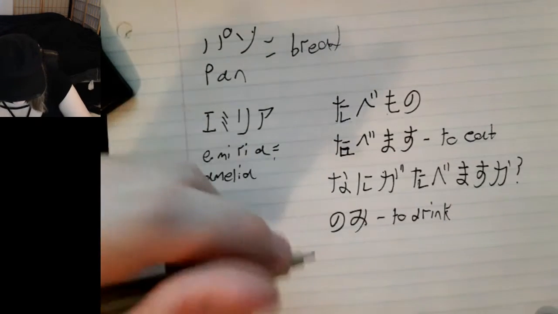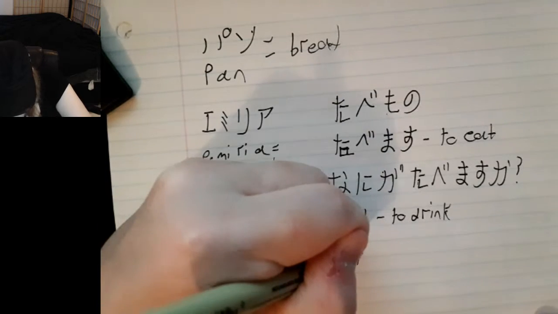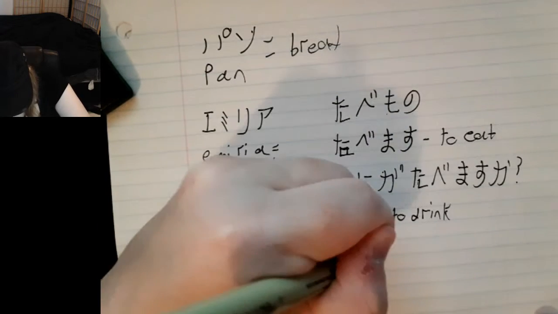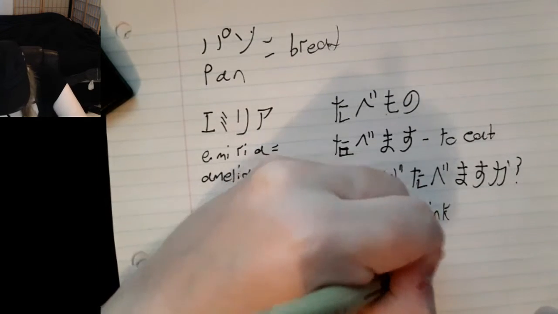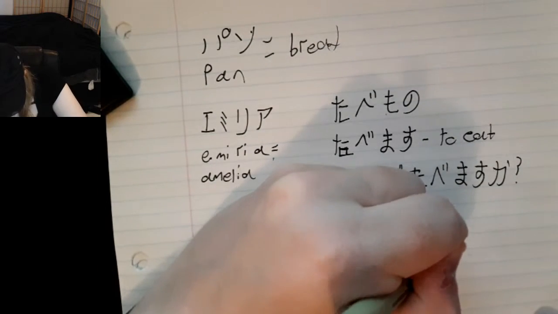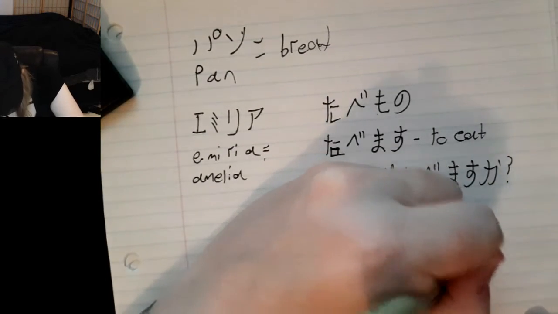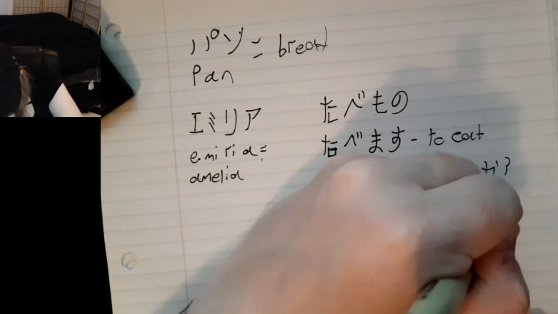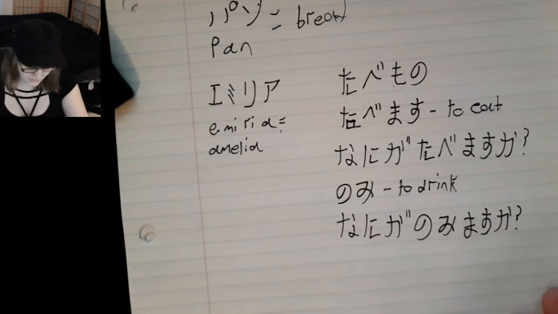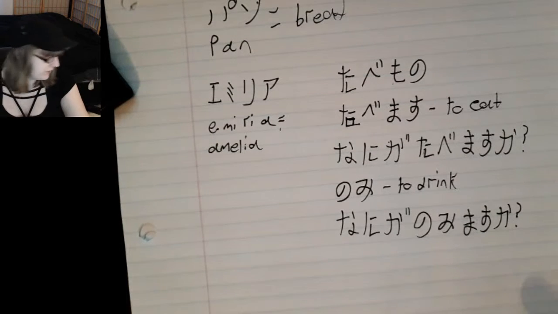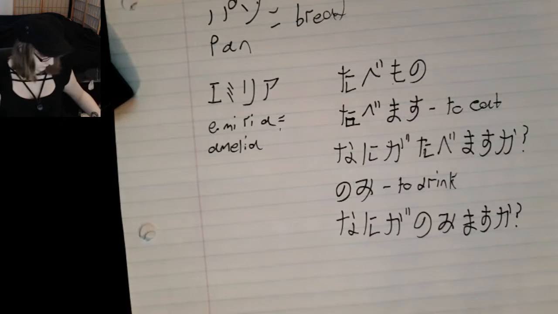So if I say, na, ni, ga, no, mi, ma, su, ka. Nani wa nomimasu ka? I'm saying, what would you like to drink? Make sense so far? Alright. So,